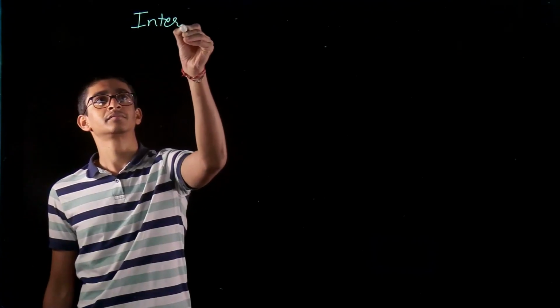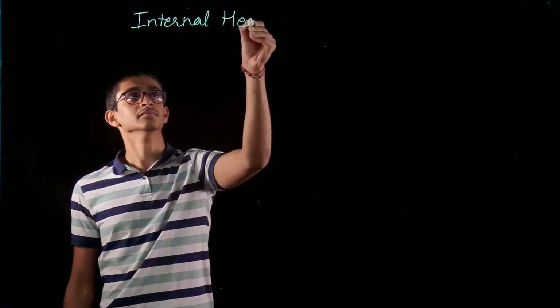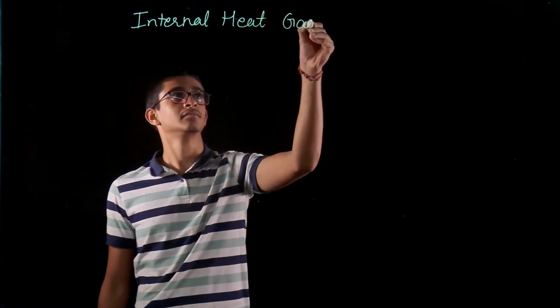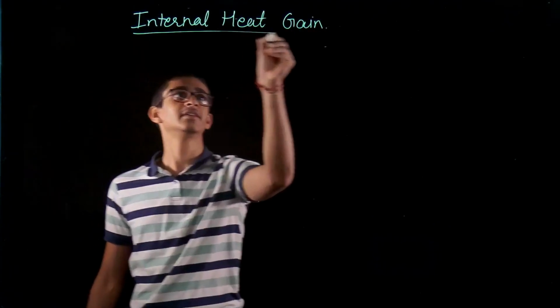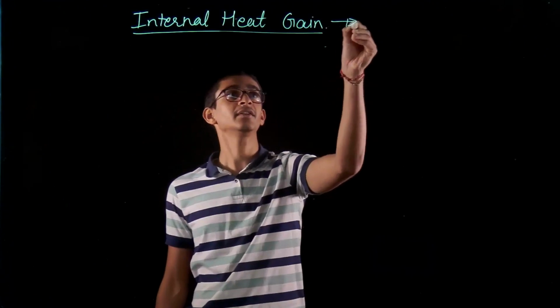Till now, all the models which we have considered, all the equations which we have defined, are with an assumption that internally inside my home or inside my building, there is no heat generation happening, or there is no internal heat gain, as a very precise term, inside my building. But what if we have some internal heat gain? So what is the effect of internal heat gain on